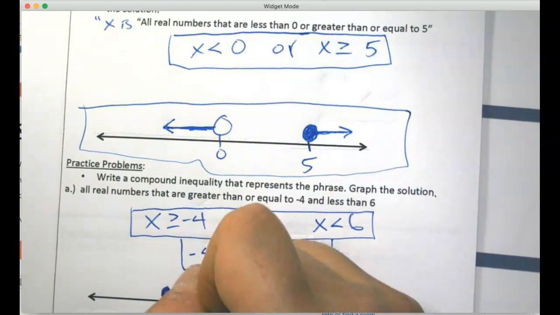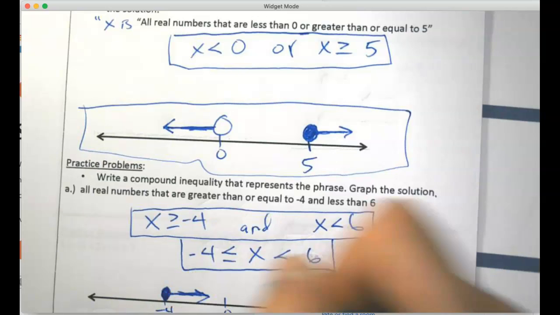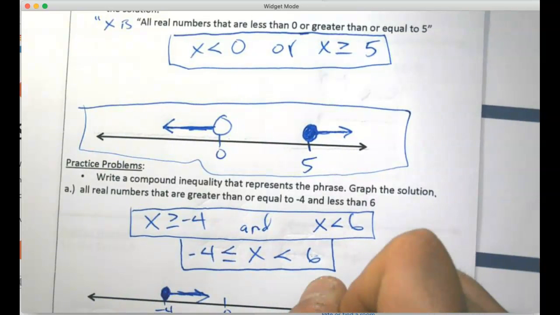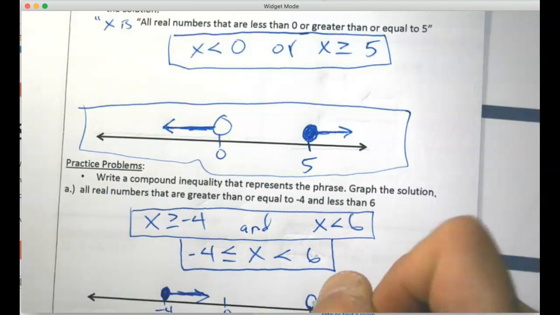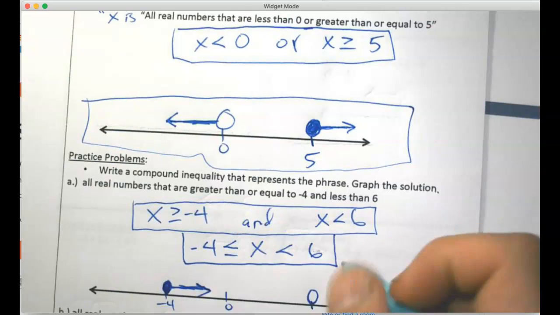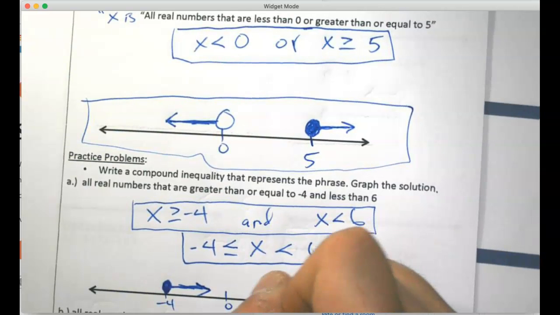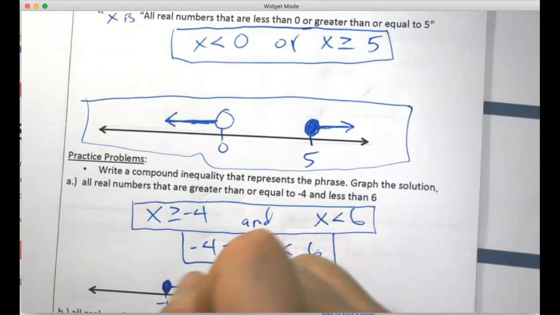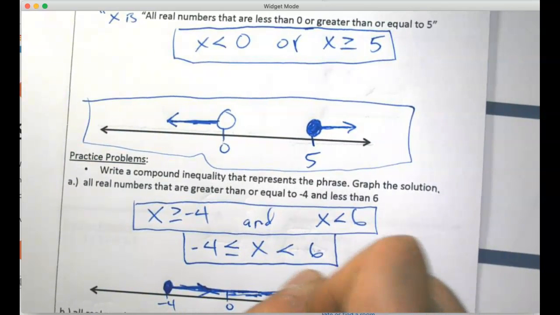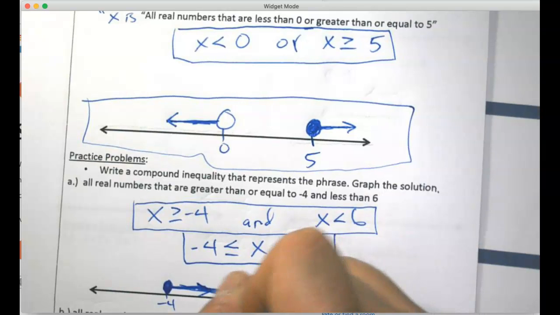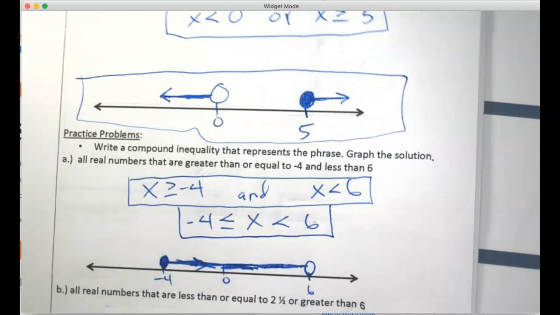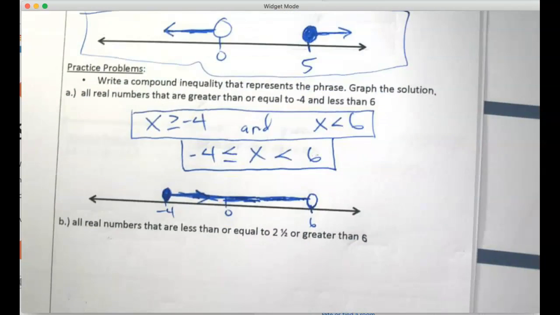That greater than numbers are on the right. And then x is less than 6, so over at 6 I should have an open circle, and if you don't know why it's open, again, look back at the notes or ask in class. And numbers that are less than 6 are on the left side, so this makes sense, right? X has to be, or my unknown value has to be somewhere between -4 and 6, so that's what's graphed here. And next I have